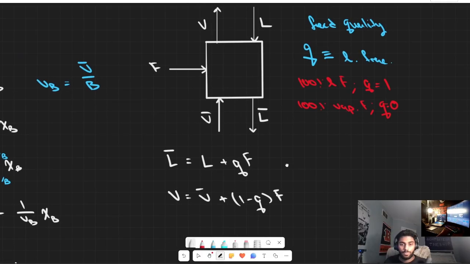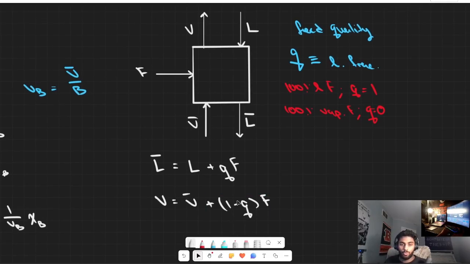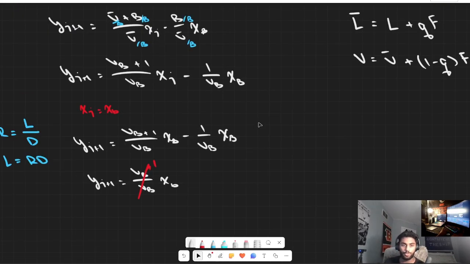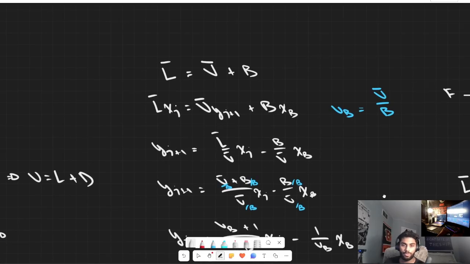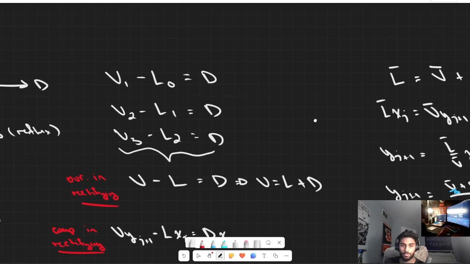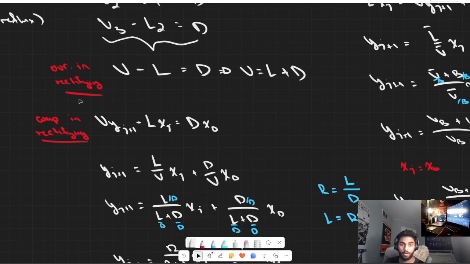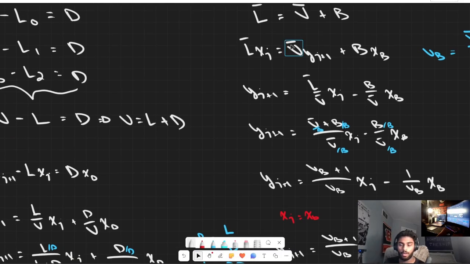So the next step is to take this and start deriving the equation for our Q line. Now that we have these two equations, let's go back to what we have derived before in terms of our rectifying and our stripping